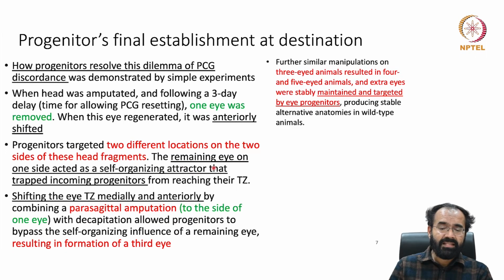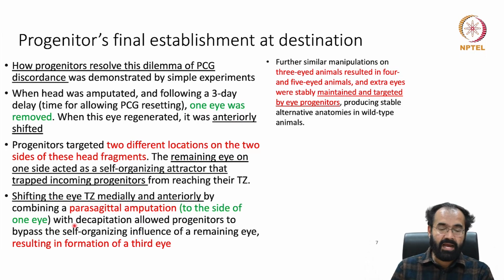So the remaining eye, they trapped and they failed. The progenitor failed from reaching their TC, that is targeting zone. TC stands for targeting zone, where the actual differentiation must happen. Shifting the eye targeting zone medially and anteriorly by combining a parasagittal amputation, like you are doing in an angle